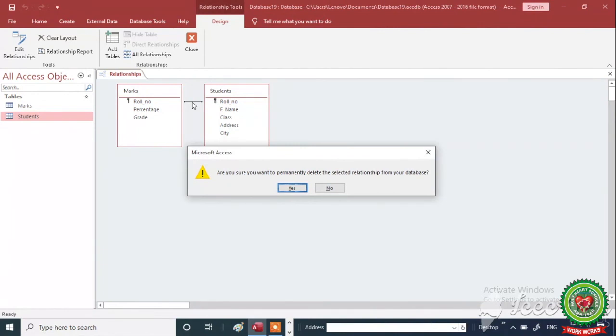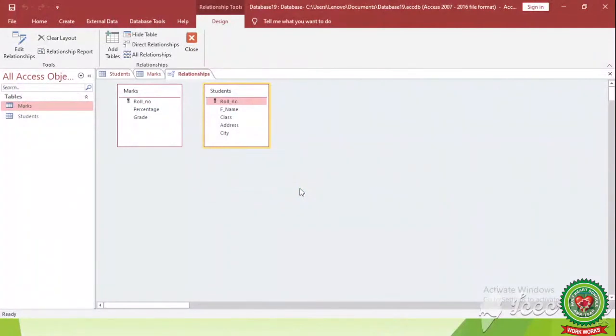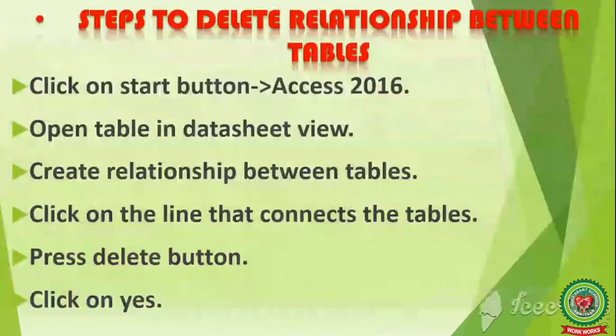Now Microsoft Access prompts a message: are you sure you want to permanently delete the selected relationship from your database? And then click on Yes. So with the help of these steps, you can delete the relationship between the tables. Now I'm going to speak these steps.